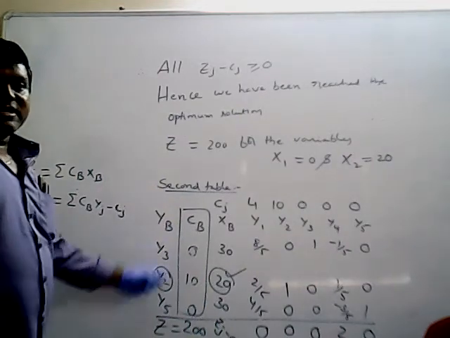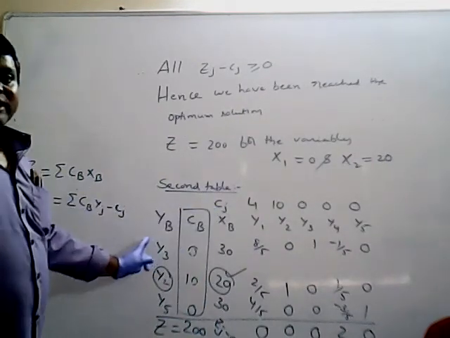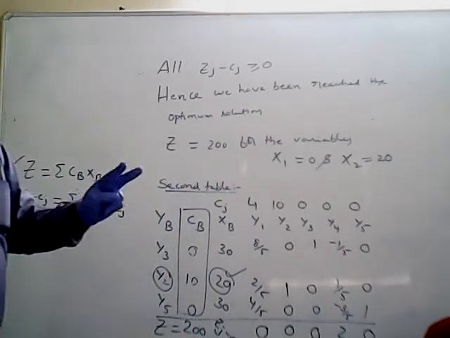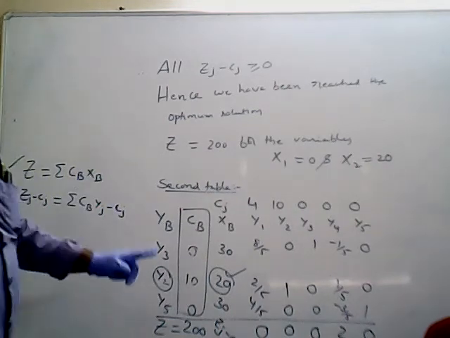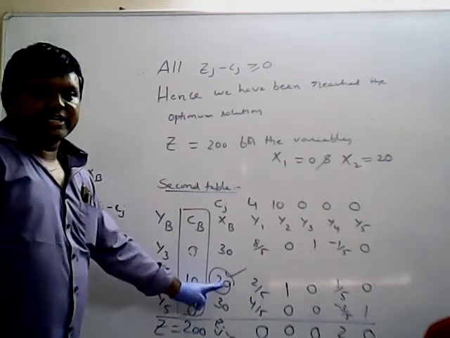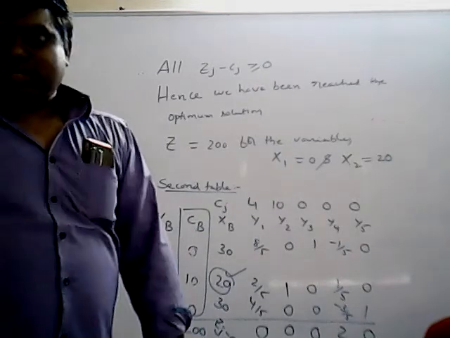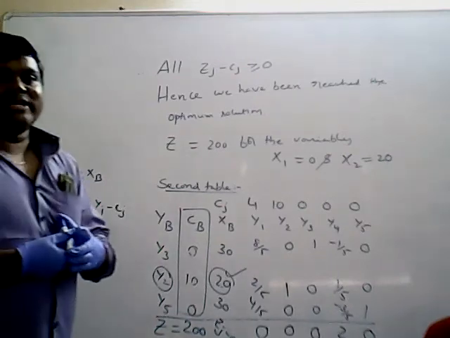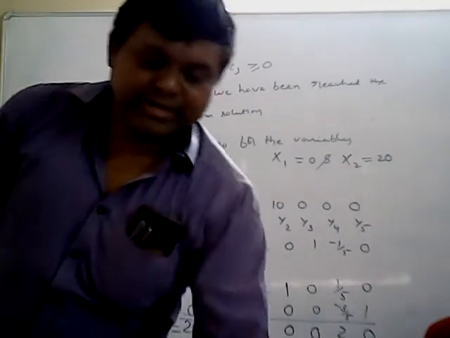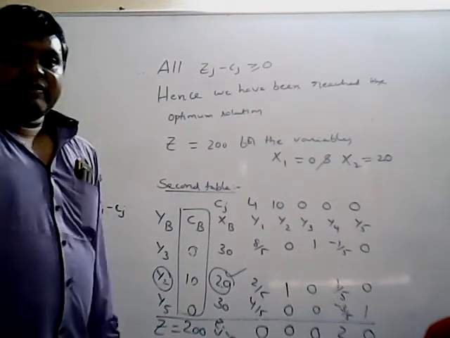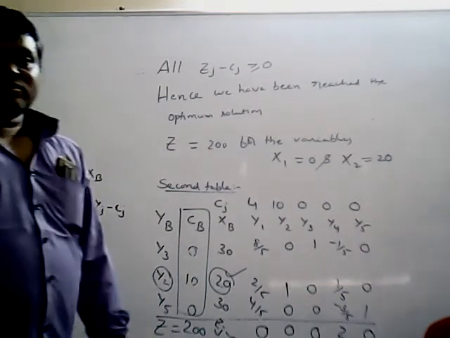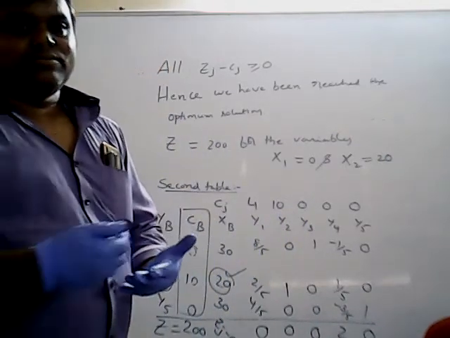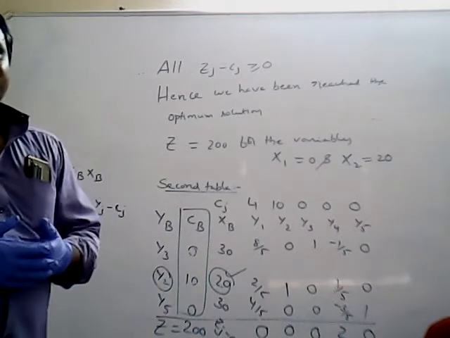So now the problem is completed. I have converted y's in terms of x. So y1 is not there, which means x1 equals 0. In the original problem, two variables are there. The y2 variable exists, and it is 20, so x2 equals 20. So the answer for this problem is: the maximum z value is 200 for x1 equals 0 and x2 equals 20. I hope all of you understood. This is the first problem, so a little bit of confusion will be there. If you have the procedure with you, you can practice one or two problems. You will feel better.